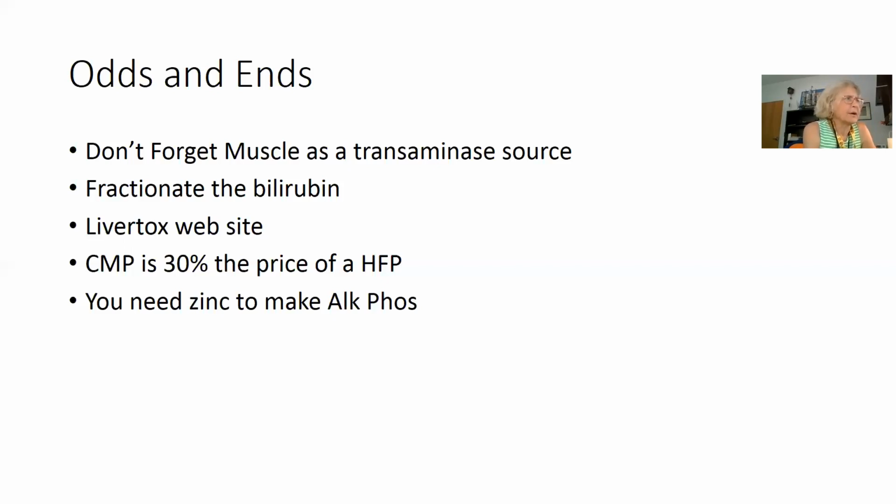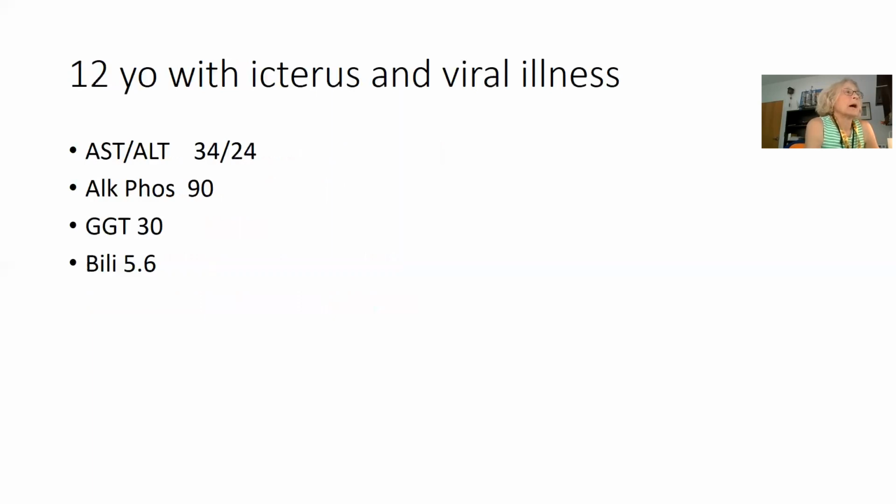Kind of the other little tidbit is that you need zinc to make alk phos. So if you have chronic diarrhea and zinc deficiency, your alk phos may not go up. So it may be a reason for low alk phos, or you may not be able to rely on your alk phos as a good measure of bile ducts. So with that caveat,